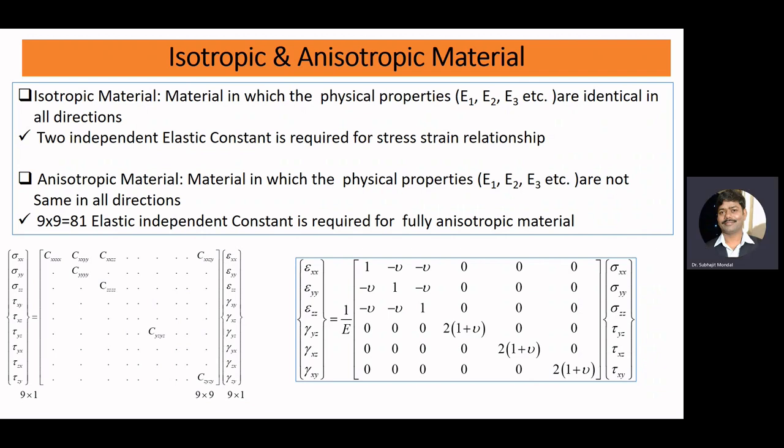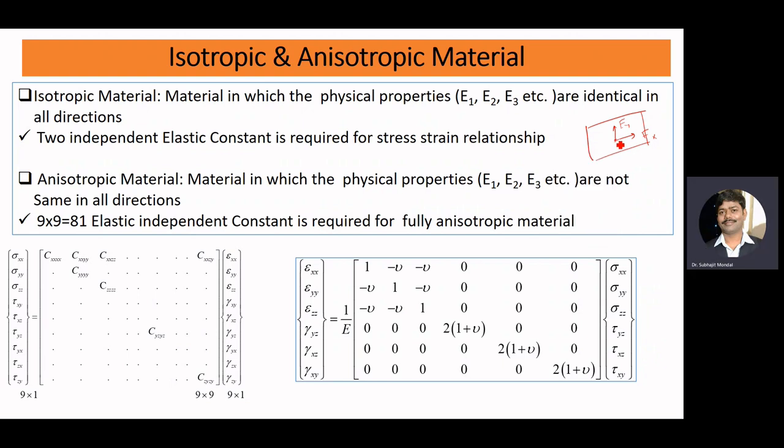Isotropic materials are those materials in which physical properties are identical in all directions. For example, if we have a material which is isotropic in nature, and you consider a point here and measure the physical property, in the sense Young modulus along x direction, Young modulus along y direction, Young modulus along z direction,